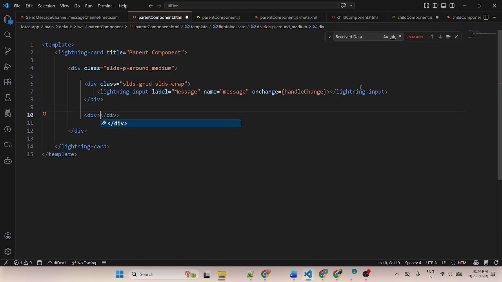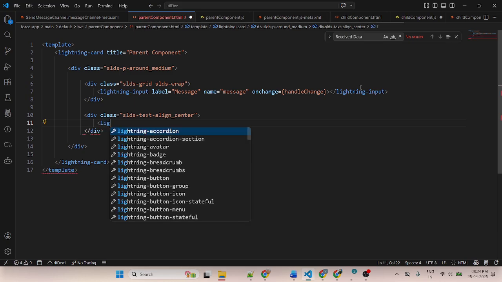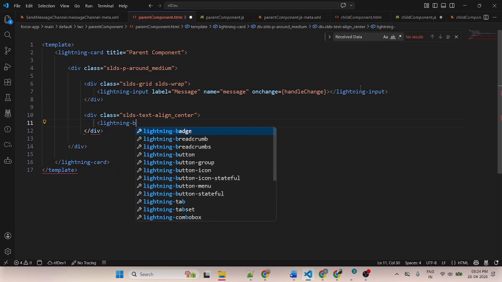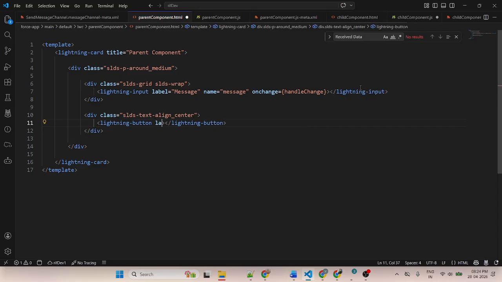Then here create a div with class equal to SLDS-text-align_center, and a lightning-button with label Send Message, onclick sendMessageAction.